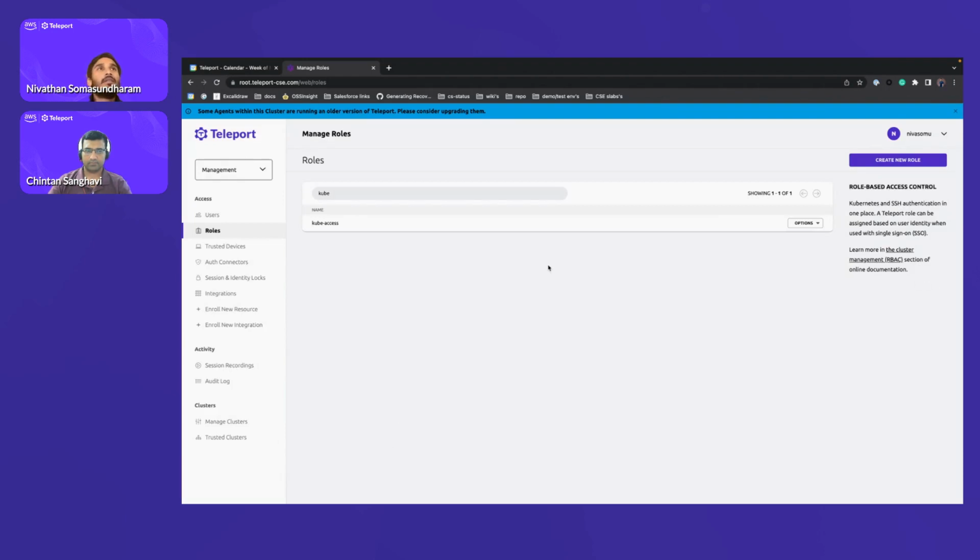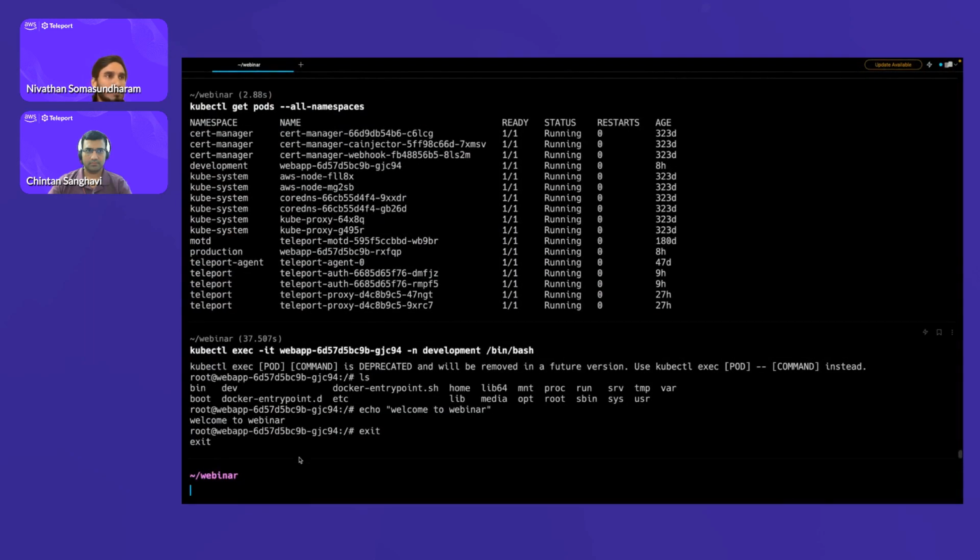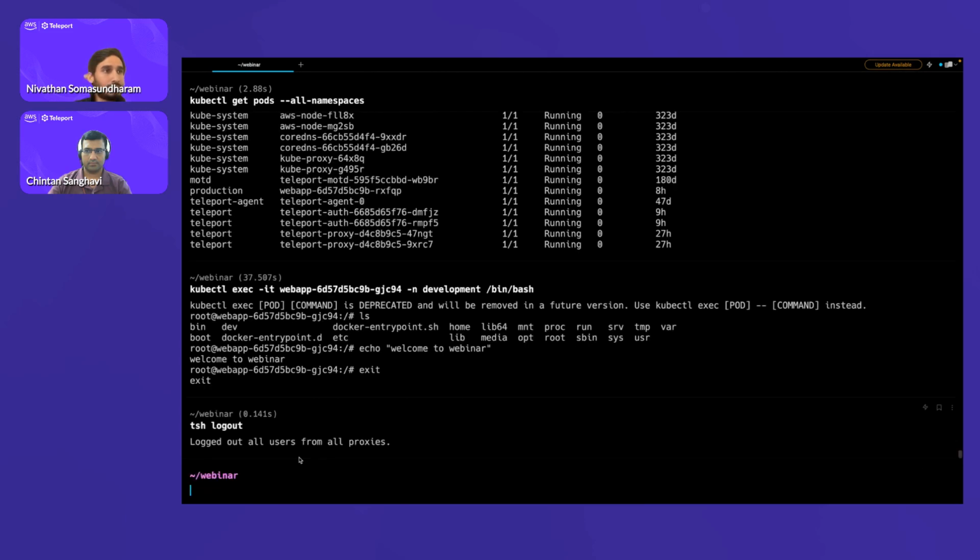For that, I'm going to log in as a developer user, which is another user. So let me log out first. Last time we used GitHub SSO to log in. Now I'm going to use a local user, and I'm going to use the passwordless features from Teleport. I have a YubiKey here, and I have integrated that YubiKey to log into Teleport. And from the browser,